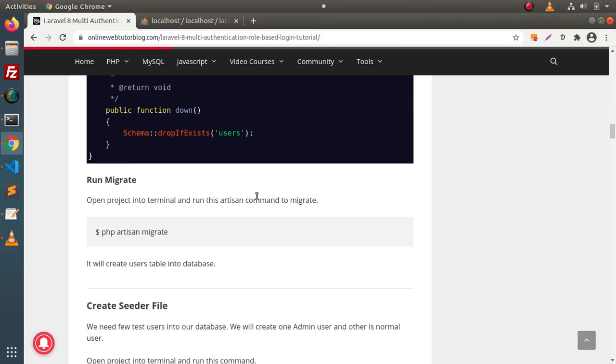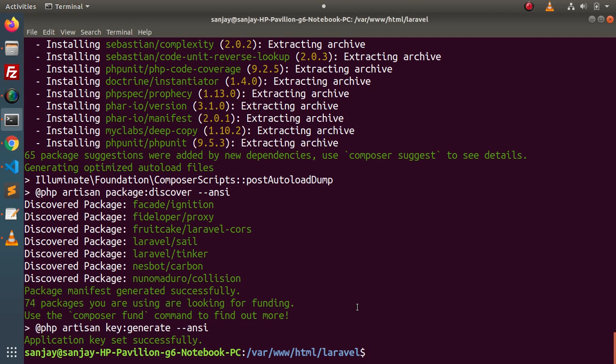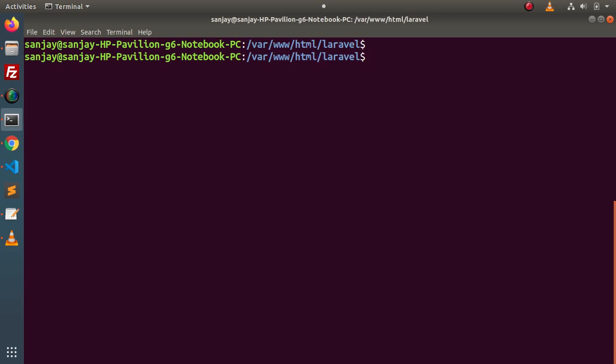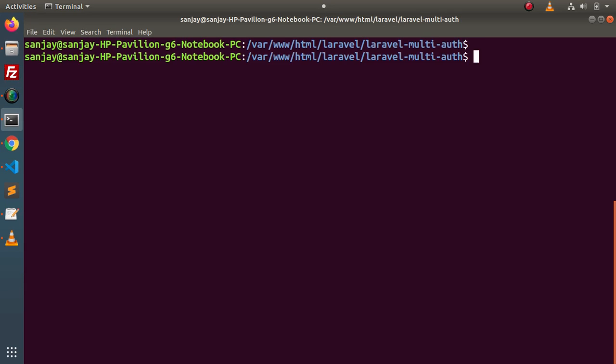Back to the blog article. Now next we need to run our migration file. So back to the terminal. If I type php artisan migrate, before that we need to go inside our setup, Laravel multi auth. Now inside this setup, I will run php artisan migrate, which is going to run all pending